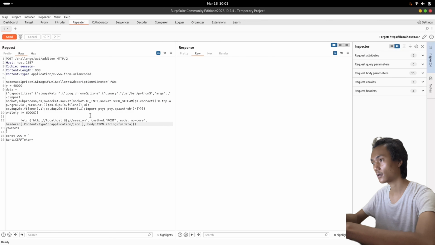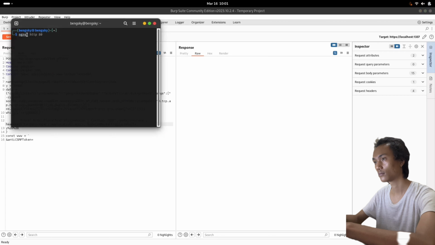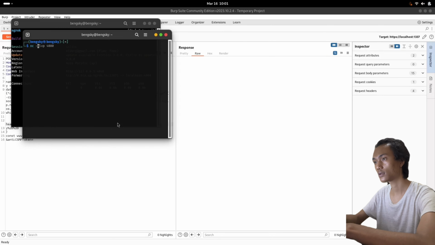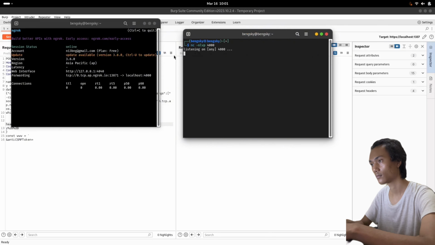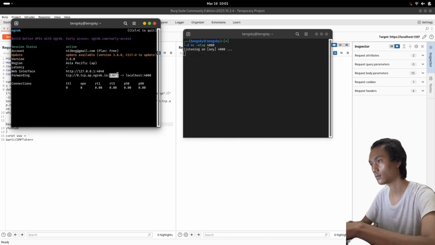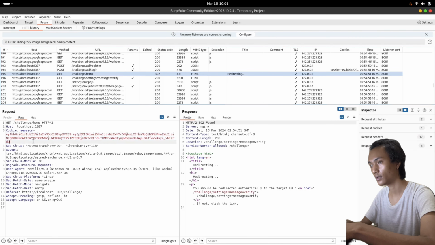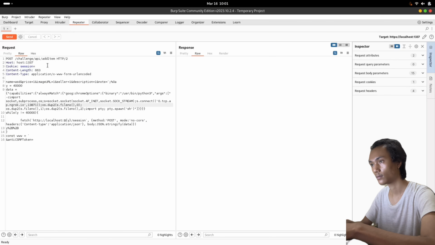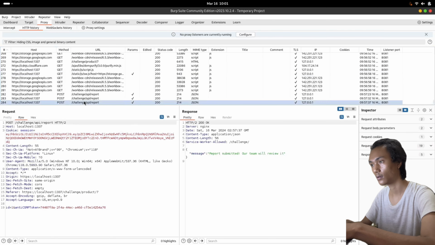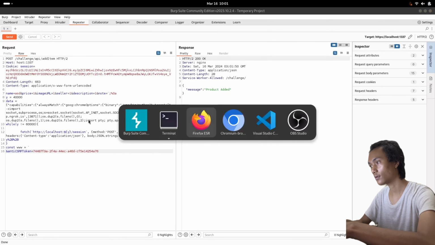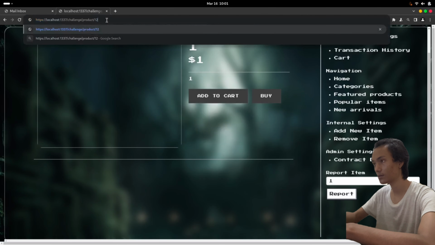Okay, let's run ngrok and the reverse shell listener. The port is here. We specify the ngrok port. Okay, let's specify the session and the CSRF. Product edit. Then let's take a look.